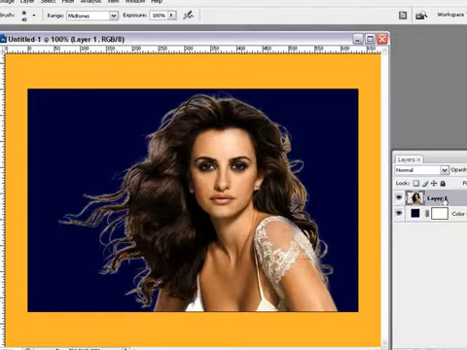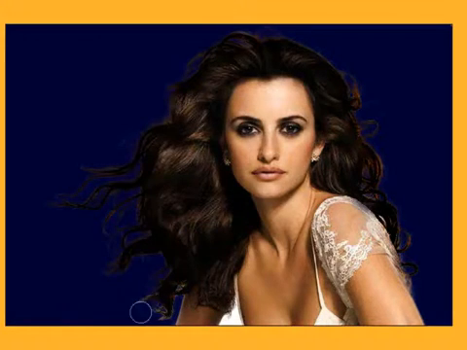Now with the woman layer selected, with the midtones selected and exposure at 100%, we're just going to come in here and darken up these edges, and try to get rid of some of that white. It didn't delete very well around here, but I'm just trying to show you how to delete the hair. In fact, I'm going to do some more tutorials on deleting, because